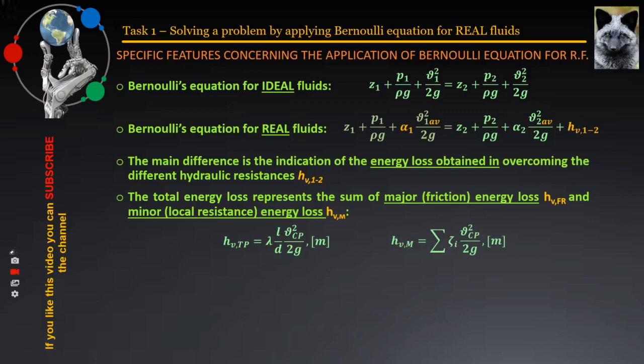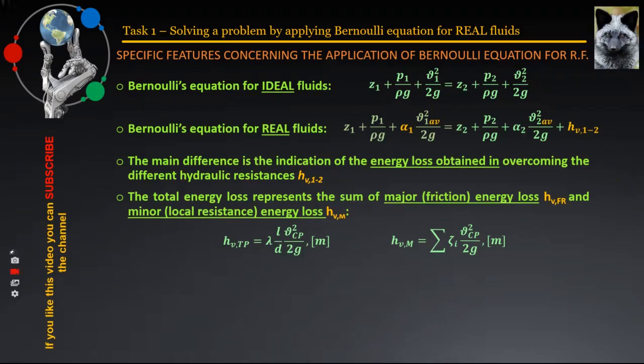Conditions for the realization of this type of losses exist in every single place where, for one reason or another, the velocity changes its magnitude or direction. These could be narrowings, expansions, elbows, pipe fittings, etc. The coefficients specifying the two types of energy losses involved in the formulas presented on the slide are respectively lambda for friction or Mayer energy loss and zeta for local resistance, also known as minor energy loss.